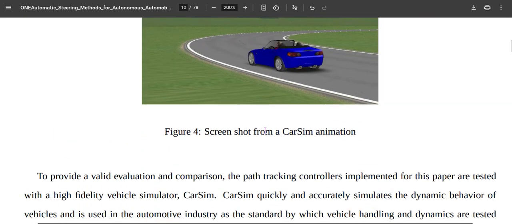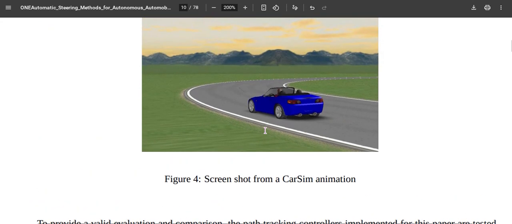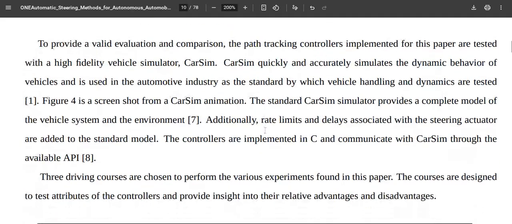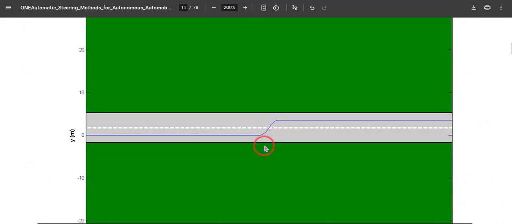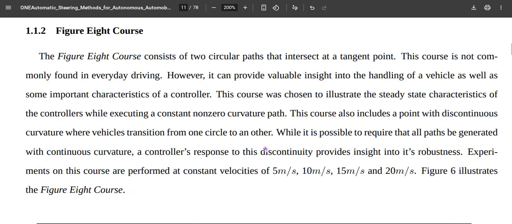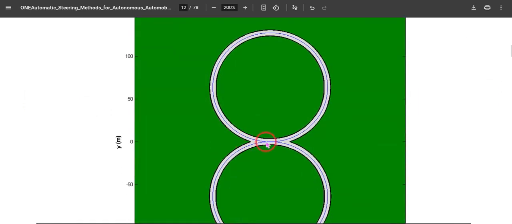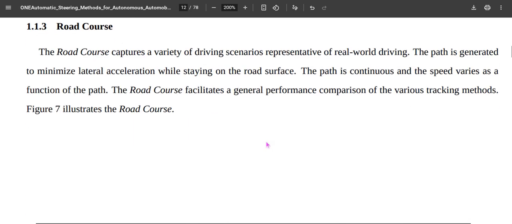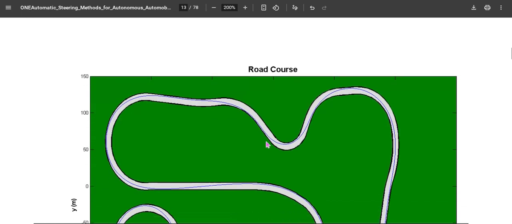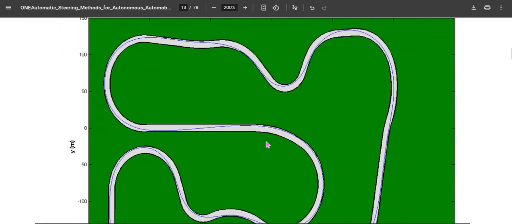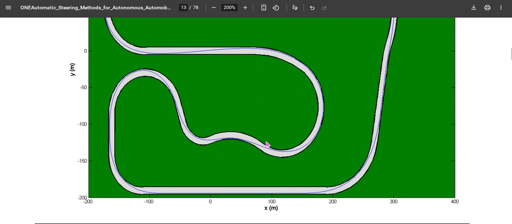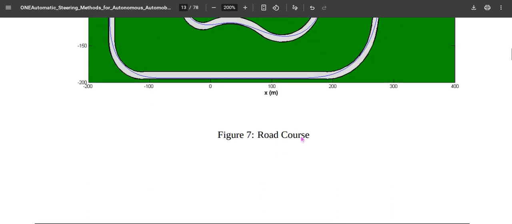These methods are tested on a car simulator on different tracks, like a lane change course and also an 8 course, where the track is defined by the blue curve, as shown in figure 6. Finally, there is a race course with different curvatures and speed maneuvering, and those are the blue curves that are aimed to be tracked